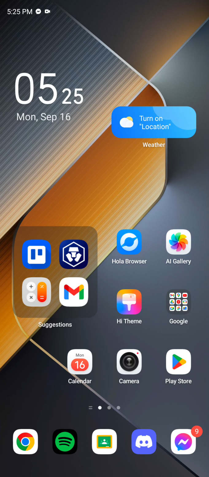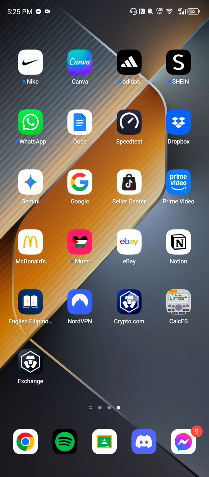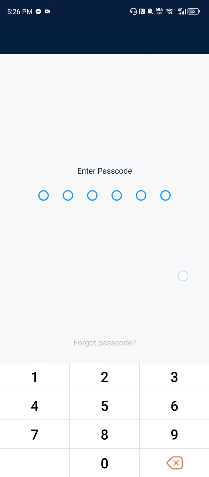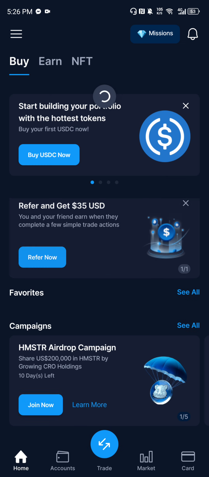Hi guys, today I'm gonna show you how to log out on the crypto.com app. First, we log into our app and then type our passcode, and after that,